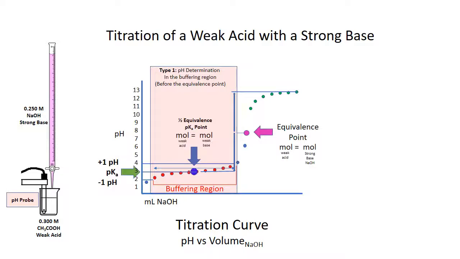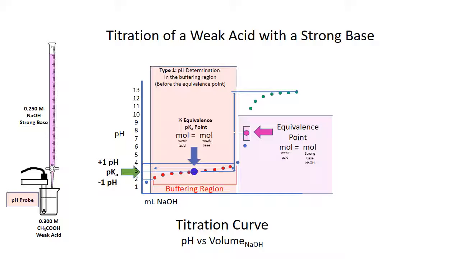Frequently in problems involving a strong acid, strong base titration, you'll use this idea and information about the number of milliliters and the concentration of NaOH that you've used to determine the moles of the NaOH, and thus, because it's equal to the acid, the moles of the strong acid. In this case, though, just note that the number of moles of weak acid are equal to the number of